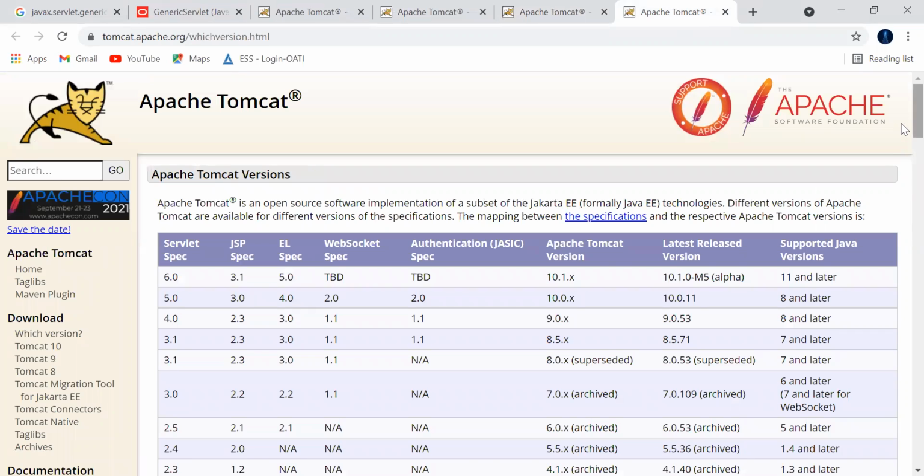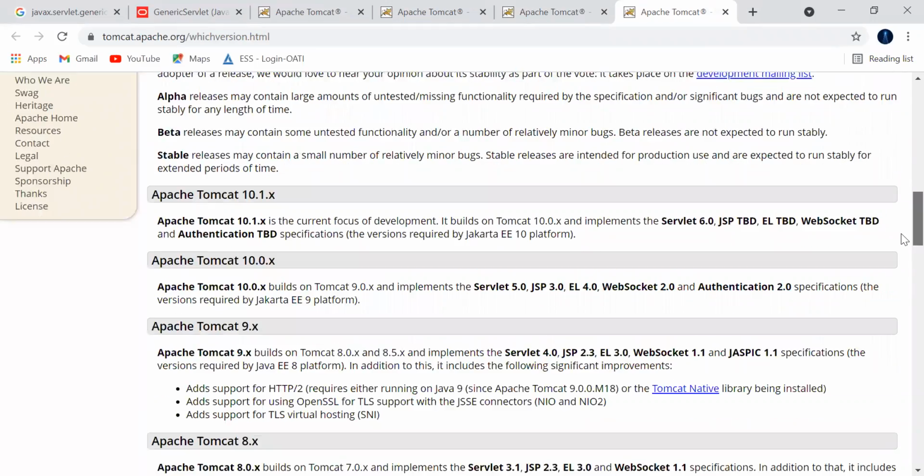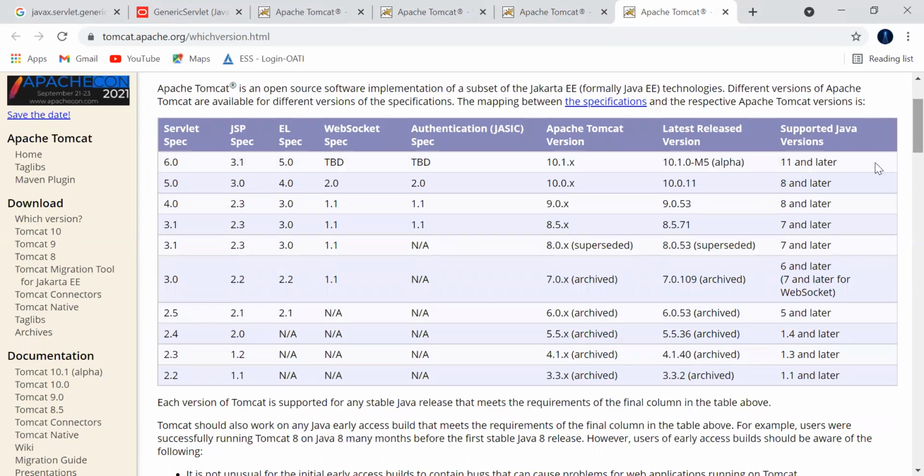Yes, here you can see all the Apache Tomcat versions and the supported versions of Java. Here it is very important, guys.